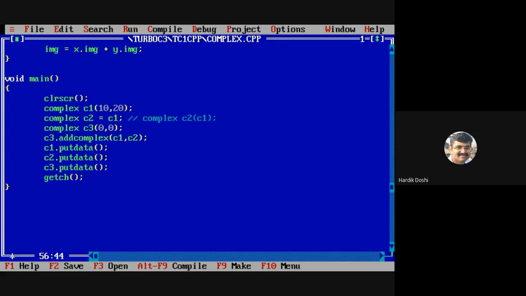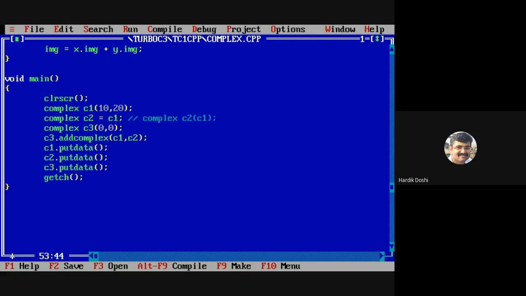What is constructor? Constructor is a special type of function. That means, can I pass argument to this function? Can I pass object as an argument to the function? The mixture of concepts which we already discussed.